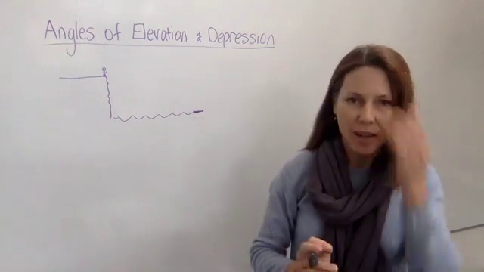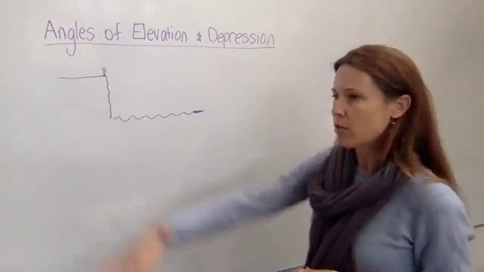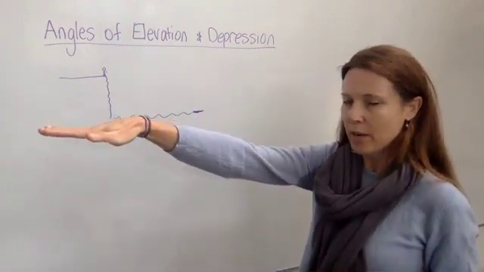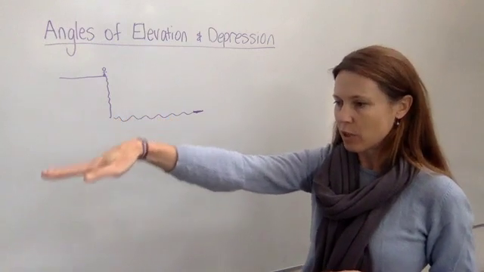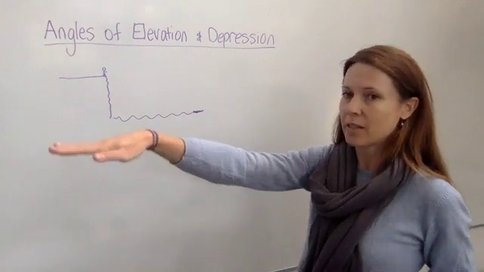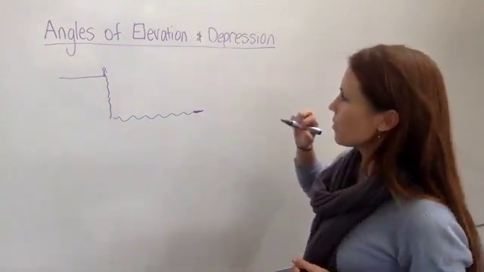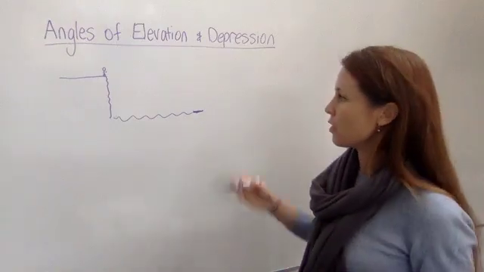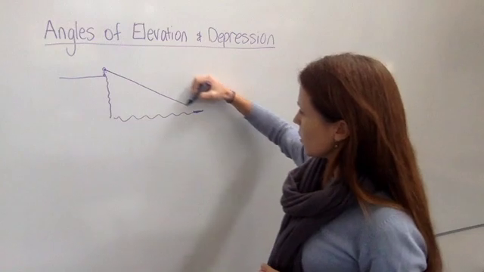And it might say the angle of depression. Now, depression means going down. So if you start, a zero angle of depression is just going straight out from wherever you're looking. An angle of depression will go down from there. An angle of elevation, as the name suggests, is elevating. So that's looking up from the ground. So if they say an angle of depression of 40 degrees from the person's eye to the object that they're